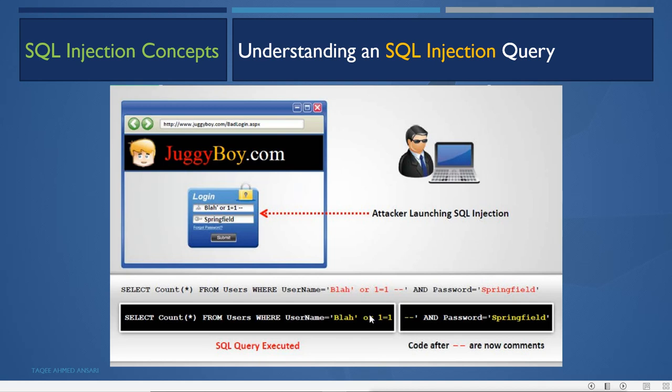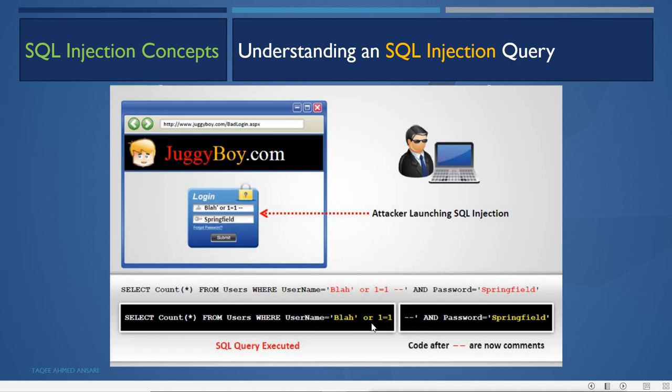This OR is an operator; AND, OR, else, these are the operators to join the query. So it is joining two conditions. When this query runs on the database, it has to check whether the username is matching or not. The attacker is adding an extra operator and saying 1 is equal to 1. So whether the user is this or 1 is equal to 1.